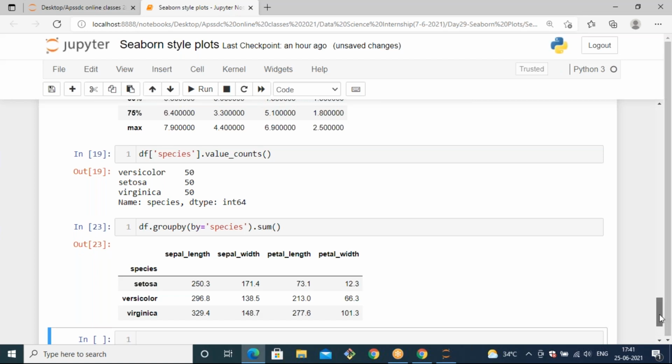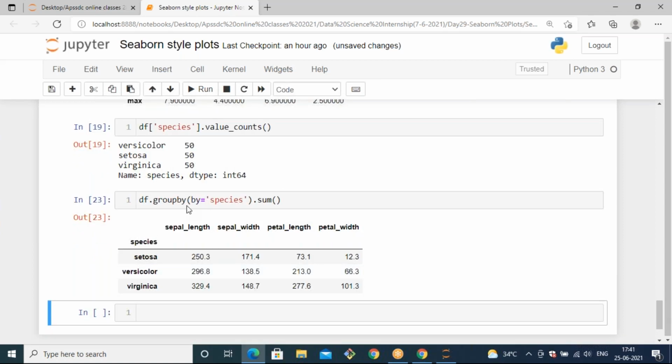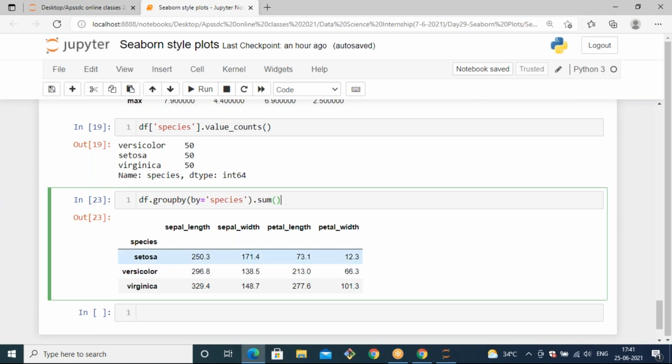If you want to group by species, you can use groupby, and you can give sum also, so that it will generate the sum of it. If you see this, in the species it has Setosa. So Setosa has a sepal length sum of 250.3, and in the sepal width, in total we have 171 sum for Setosa. Like this, you can apply some kind of pre-processing steps.